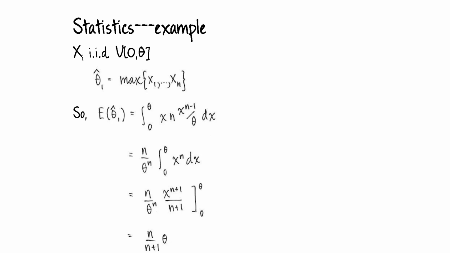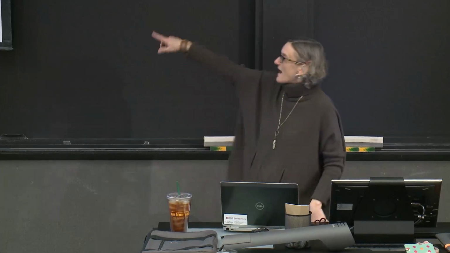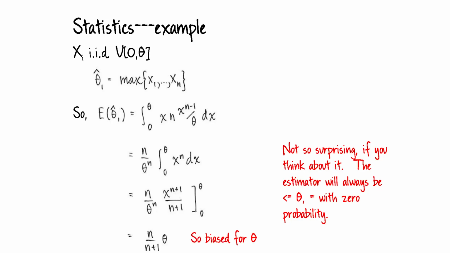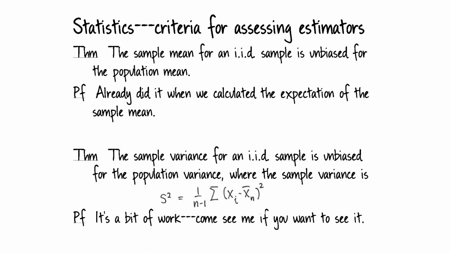Okay, so having an unbiased estimator is great. Is that the only thing we care about? I think you guessed that the answer is probably no. It's not the only thing we care about. Oh, so yeah, I guess this is what I already said. Not surprising, the estimator will always be less than or equal to theta. Okay. Oh, sorry. Before we get to the second criterion, I just want to give you a couple of useful